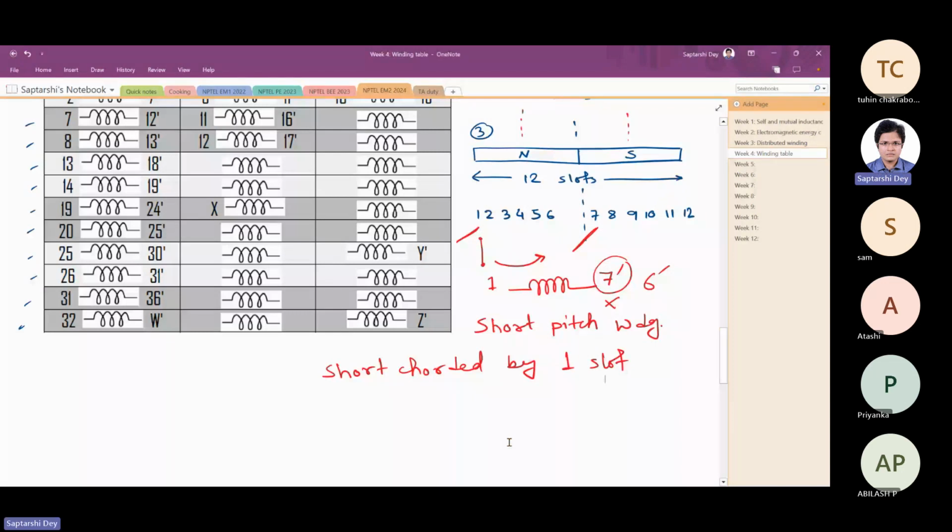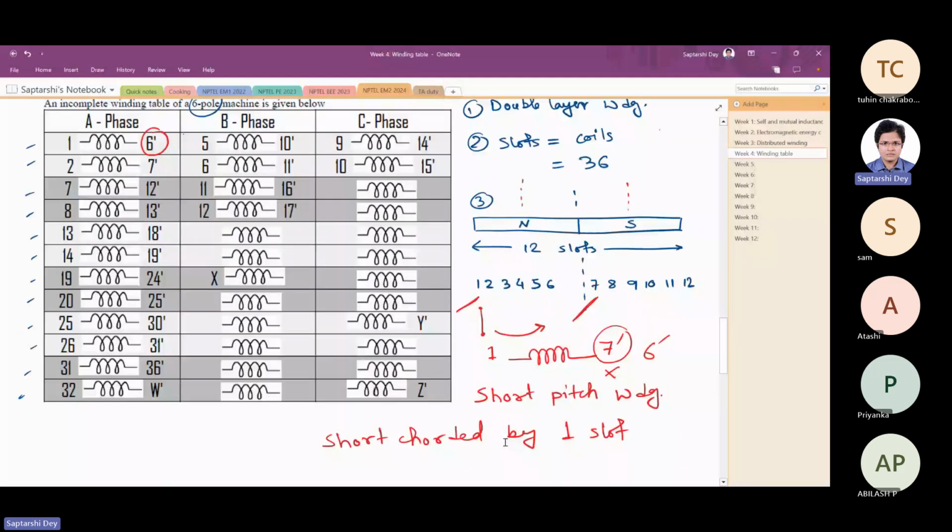Okay, so short corded by one slot. So from now we can say that any coil will look like this in this machine. Any coil will look like this. Understood? Right. Now,